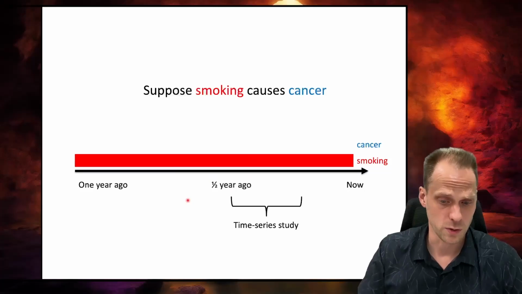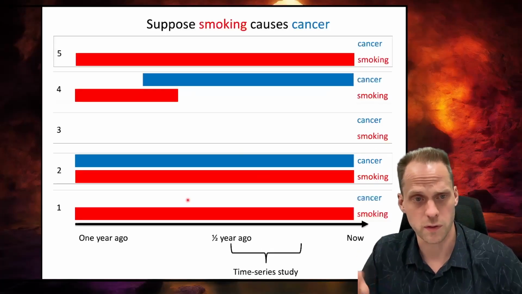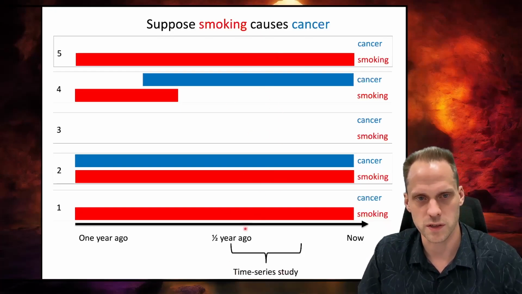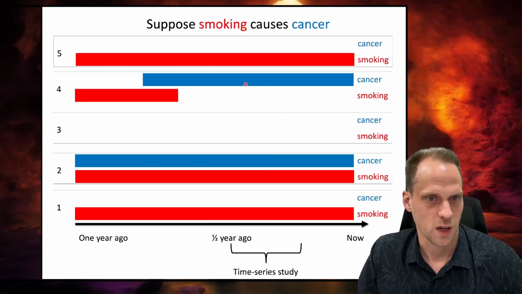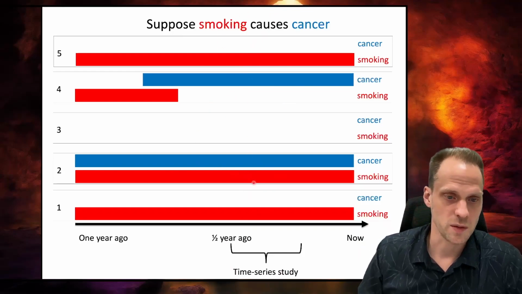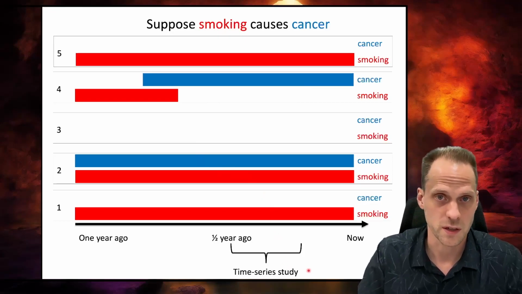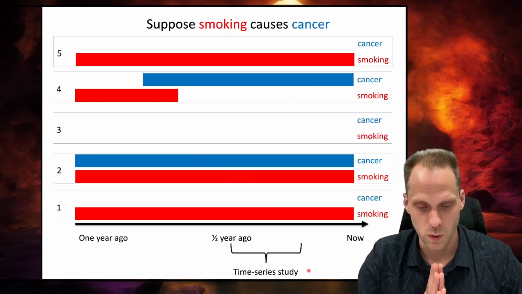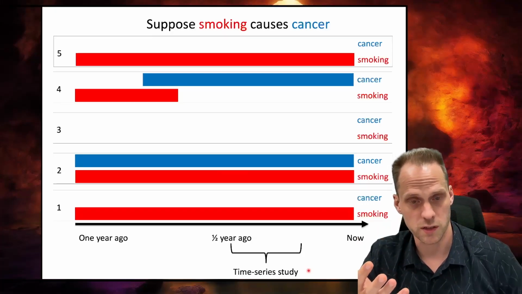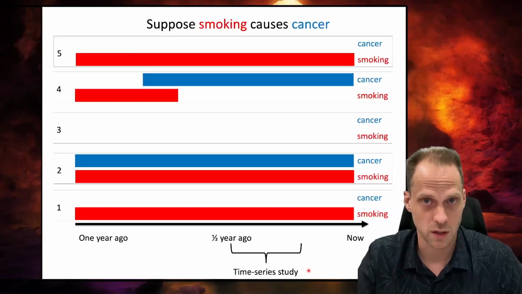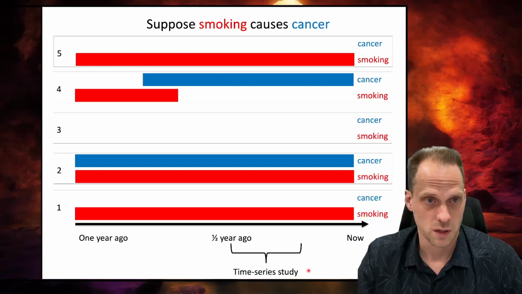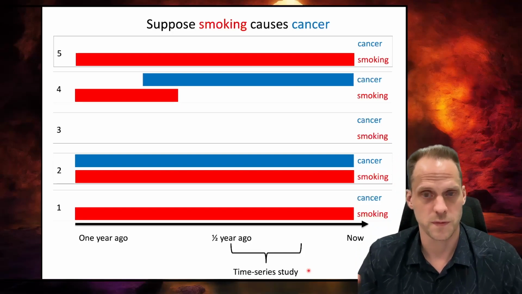So the only thing we can do now is look at the between-subject level and look at multiple people and compare people at this time where there's no variance. Compare the relationship between these variables at the between-person level. But that doesn't necessarily mean that any relationship we uncover here is not happening within people or is not causal. The relationship between smoking and cancer has been uncovered using between-person designs, right? By comparing people that smoke to people that did not smoke, for example.